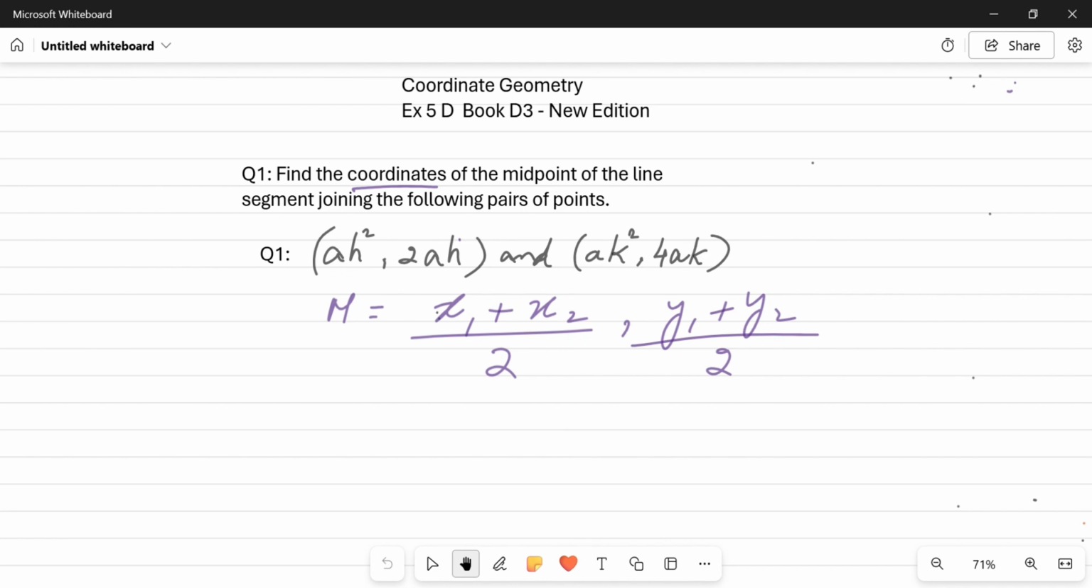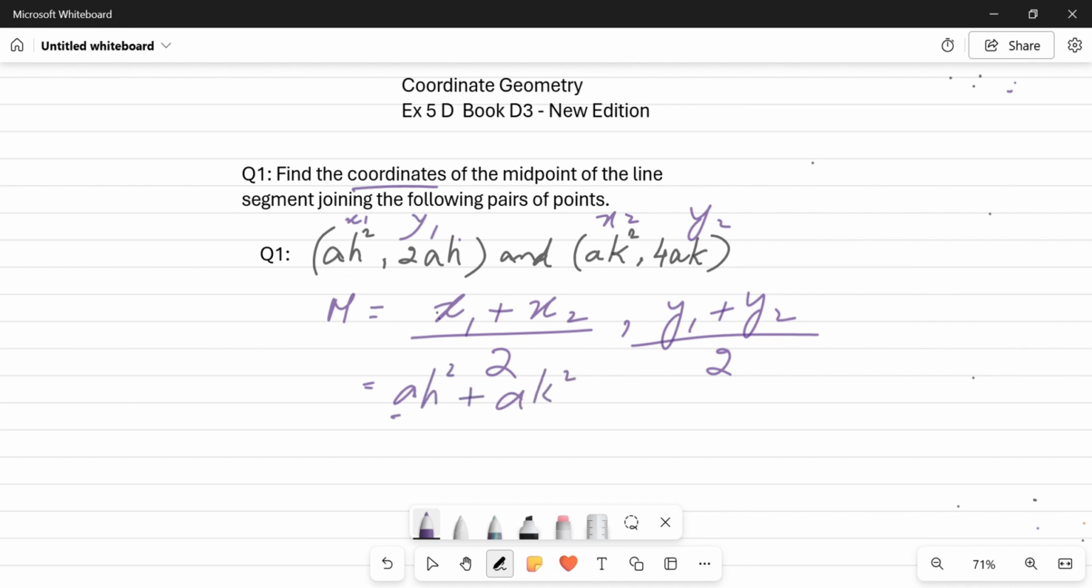What we need to do in this question is find the coordinates of the midpoint. As we know, the midpoint formula is (x1 + x2) over 2 and (y1 + y2) over 2. So this is x1 and y1, and the other one is x2 and y2. As we know, in a coordinate pair the first one always belongs to x and the second one belongs to y. So x1 is h squared, plus x2, which is ak squared, over 2. And y1 is 2ah and y2 is 4ak